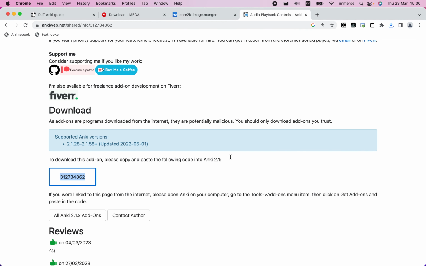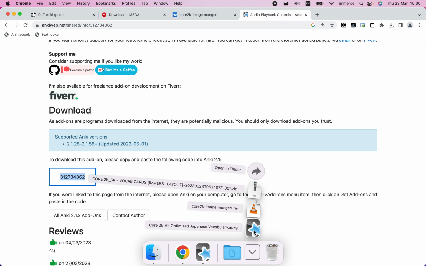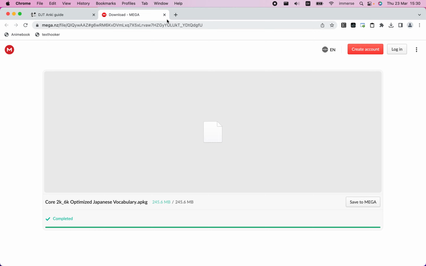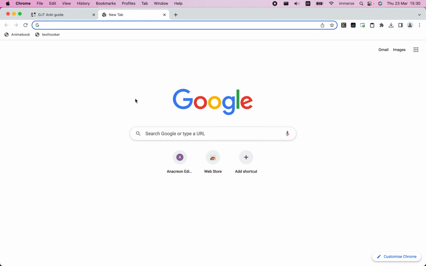You'll find if you go down to your downloads folder, you should now have 2 new files here. You've got the images here, and you've got the Anki deck, the 2K, 6K deck. So what we want to do is we want to install all of the images into your collection media folder within Anki. So to find your collection media folder, if I just close out of here, if you open up a new tab and type in Anki,